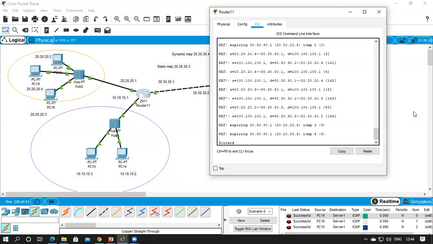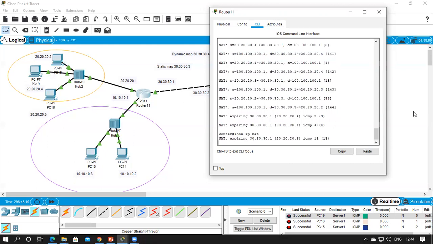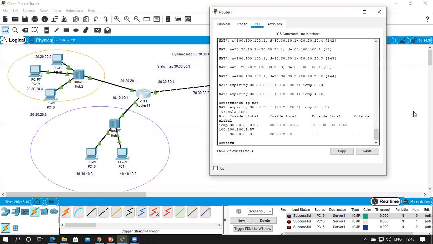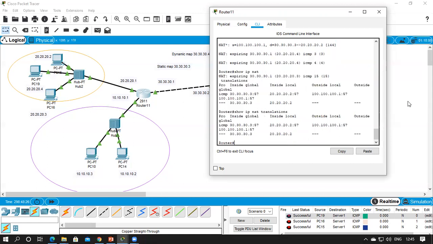So in order to see that, you can use this command, show ip nat translation. So you can see the port address is used to map the PC to the global address.